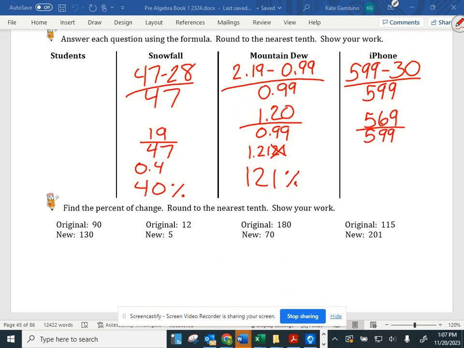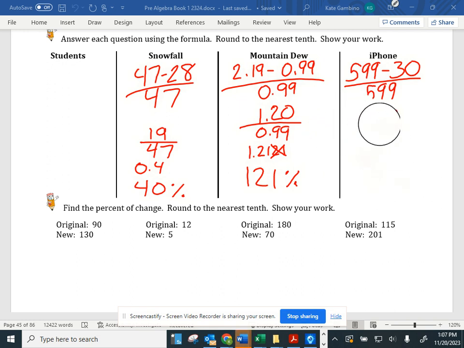What is it? 0.95 if you round. 0.95 with our rounding. So what percent is 0.95? 95%. So on the